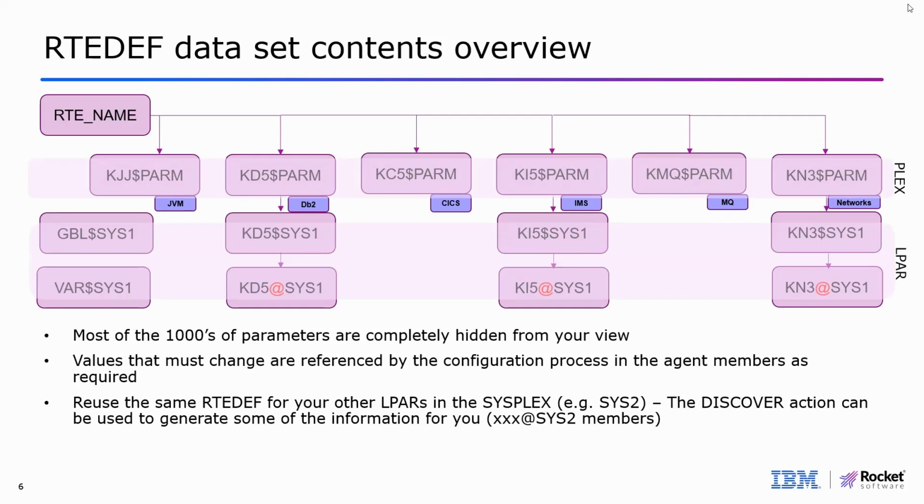So what we essentially do here is we provide a member scoped configuration, meaning that for each product that you're trying to configure, OMEGAMON JVM, DB2, and so forth, you have a configuration member which is prefixed with the respective product prefix, KJJ for OMEGAMON JVM, KD5 for OMEGAMON DB2, for example. So this allows you to encapsulate those parameters in specific members, and the sparse context comes in when we say,